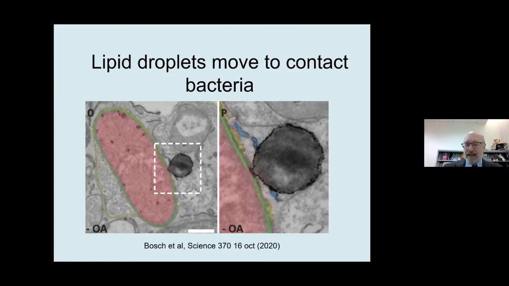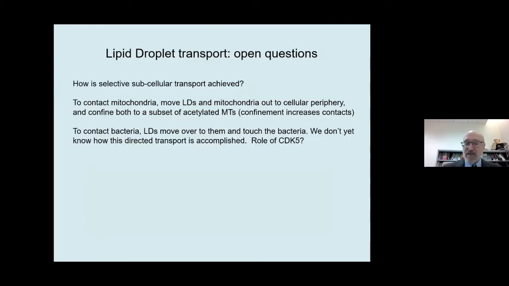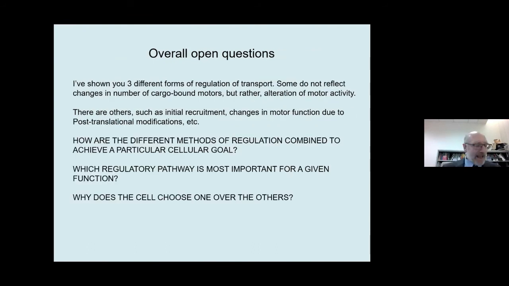We don't have any idea how that directed transport is controlled. It may involve CDK5 and NudE and Lis1. It may involve microtubule detyrosination. This is a typo; it should be detyrosination, not acetylation. And it may be other things too. It may be recruitment of additional motors. We don't know how it is being regulated, but in any event, it's controlled to promote these contacts to kill the bacteria. So I think what I'd like to end with